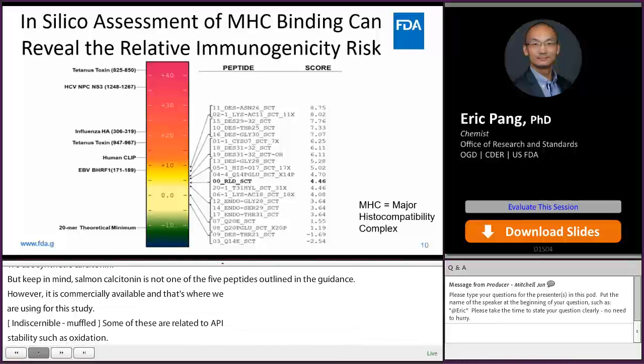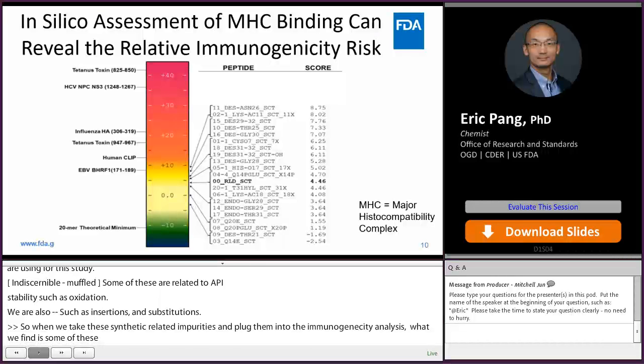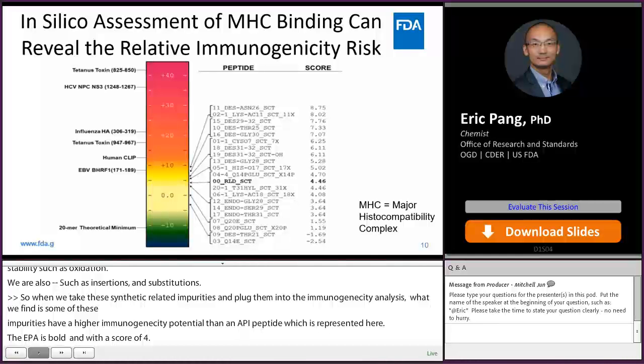So when we take these synthesis-related impurities and plug them into the in silico immunogenicity analysis, what we found is some of these impurities have a higher immunogenicity potential than the API peptide, which is represented here. The API is bolded and labeled RLD, SCT, with a score of 4.46. And that is the potential immunogenicity score. All these impurities above that would potentially have a higher immunogenicity risk as they have a higher affinity